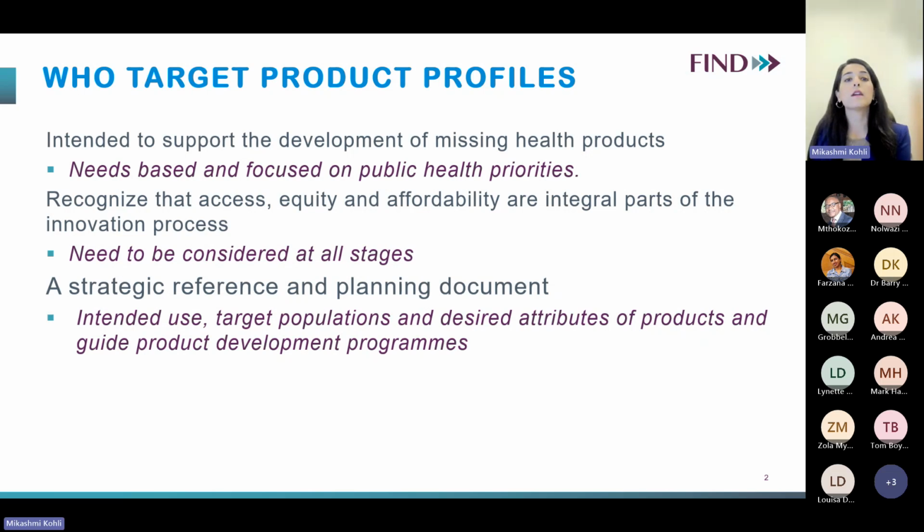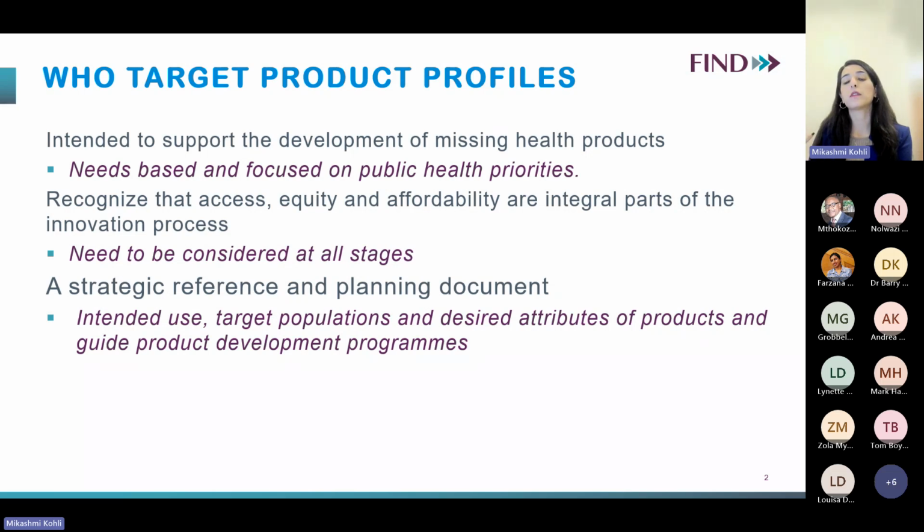And then, as I said, it is a strategic reference and planning document, which many people use to look at what kind of products are really needed in the market, what kind of products should I be developing. So this is a very